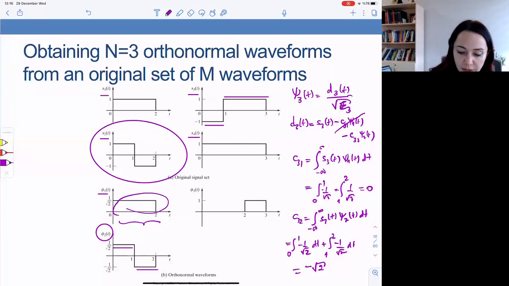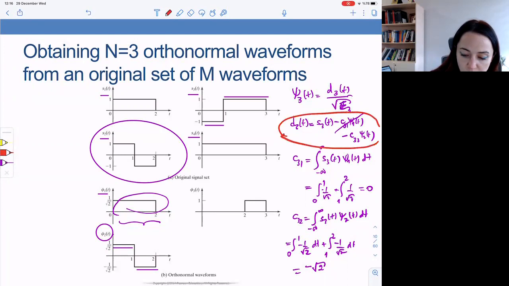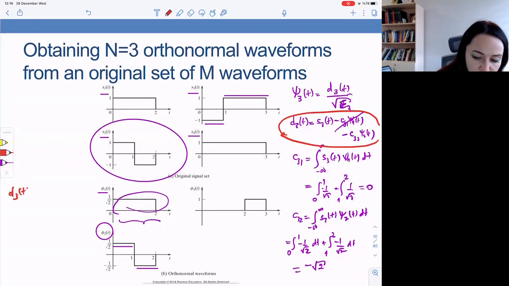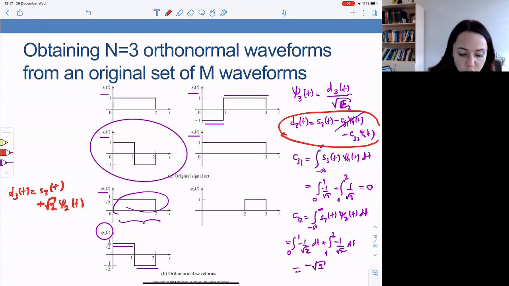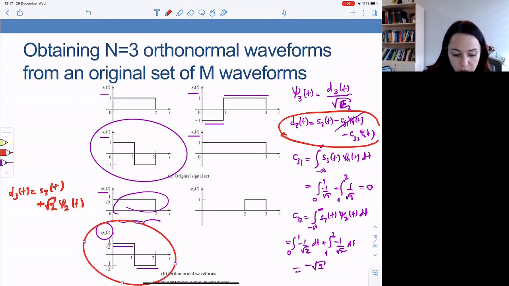Okay, let's plug it in this expression here. D3 of t equals S3 of t minus negative square root of 2 times phi2 of t. So plus square root of 2 phi2 of t. What is phi2 of t? It's here. So if you multiply by square root of 2, you get 1 minus 1. Add that to S3. Add 1 minus 1. What do you get? You get essentially,